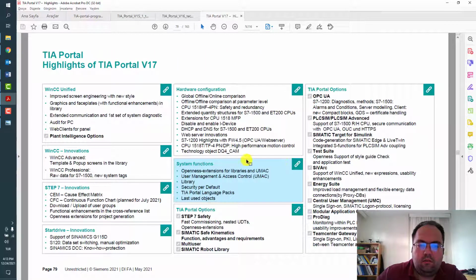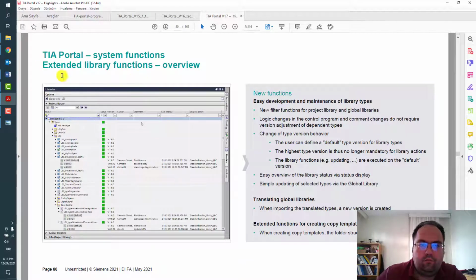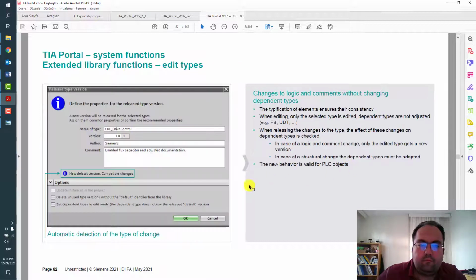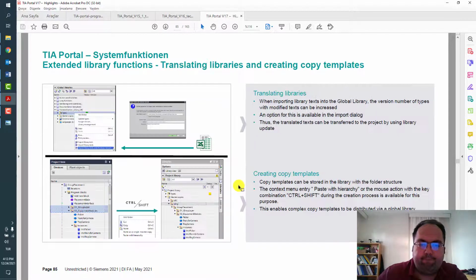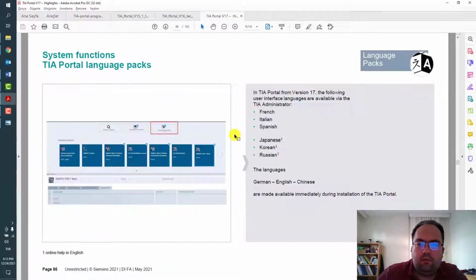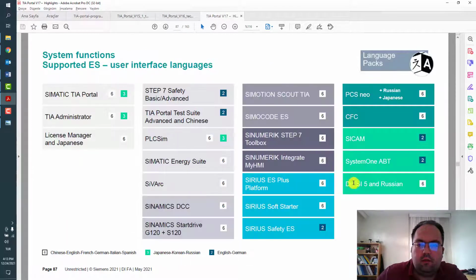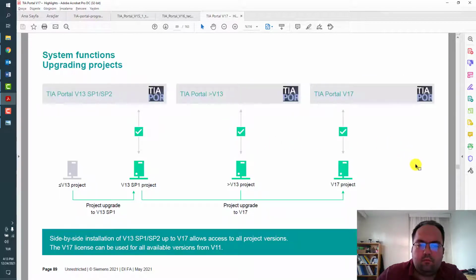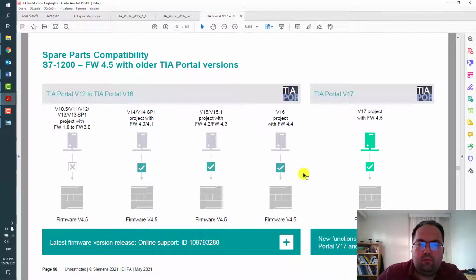CFC and DCC are supported right now. There are some extended library functions. You can create your own user library, language packages, and the project upgrade information.